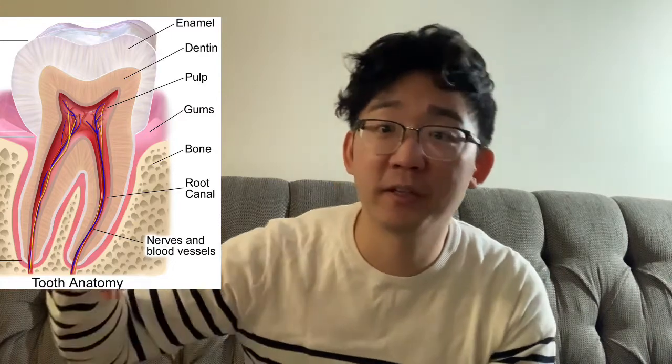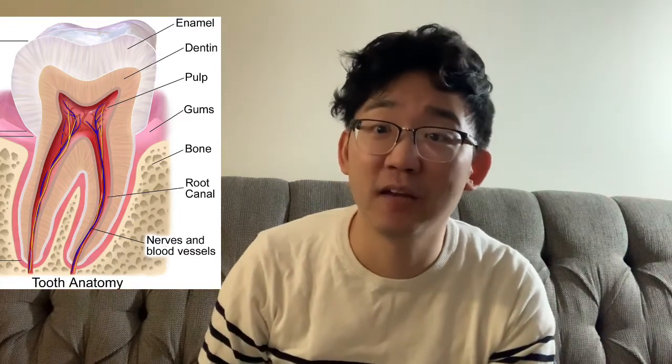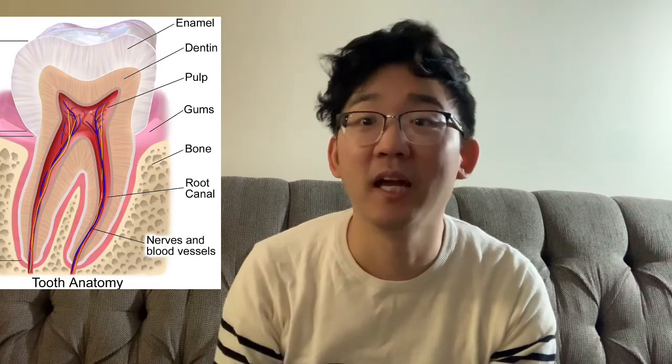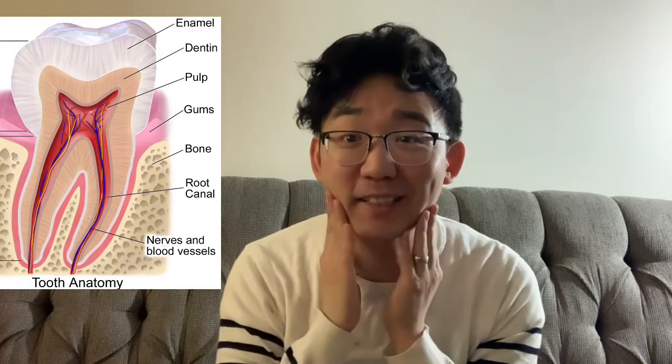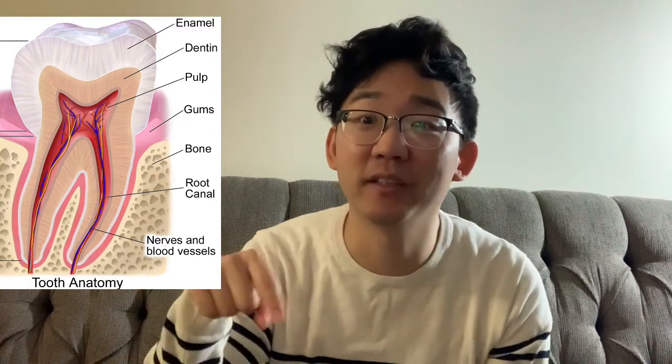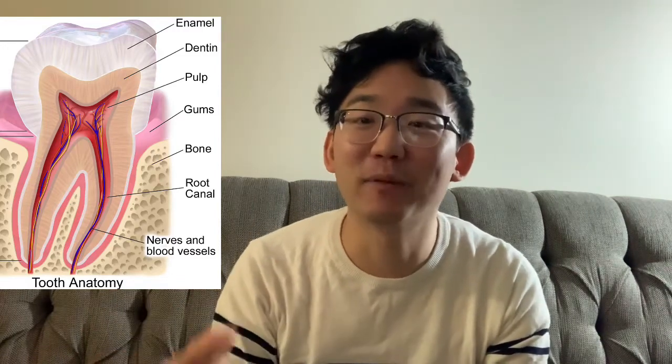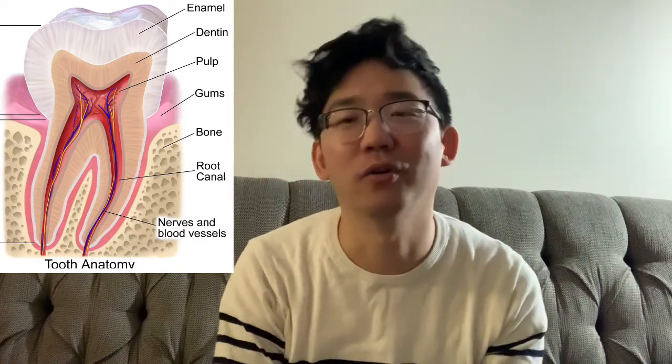So if the bacteria goes into the dentin and continues to penetrate, it's going to go into the pulp, which has nerves and blood vessels, and you start to get pain and aches because the bad bacteria has penetrated into the pulp. And now, what does your body try to do? If there's a foreign substance, well, it's technically living in your body, but it shouldn't be within the tooth. Your body is going to try to fight it off, and it's going to produce a lot of white blood cells, and that's why you have infection. Sometimes that infection you can see as an abscess, in which case you need a root canal or extraction.